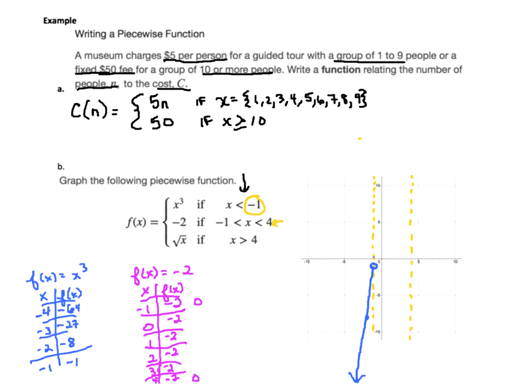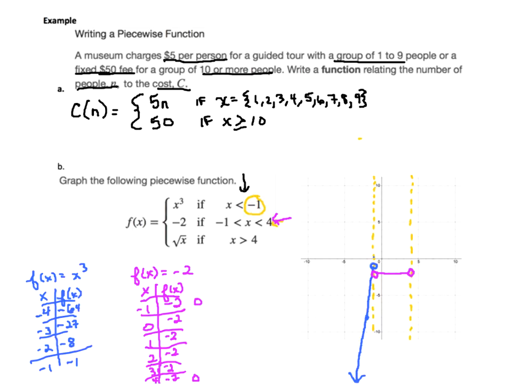So I have the point -1, -2, and it's an open circle because I can't exactly equal that because it says strictly less than, not less than or equal to in my domain restriction. And that's going to go all the way up to +4, but it's also going to be an open circle there because it doesn't say exactly equal to. So between there, this part of the graph is just a horizontal line.